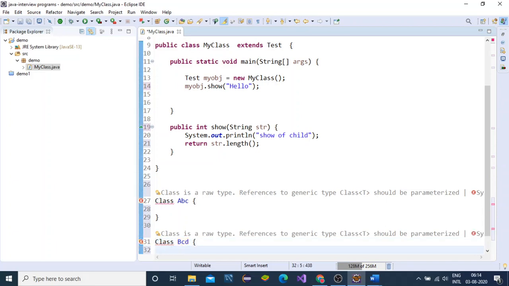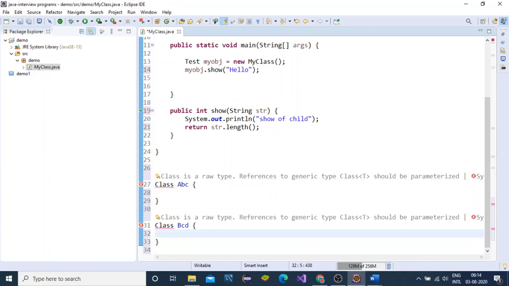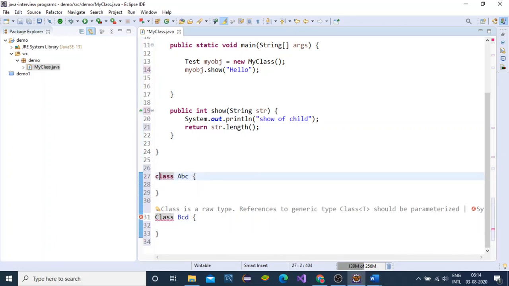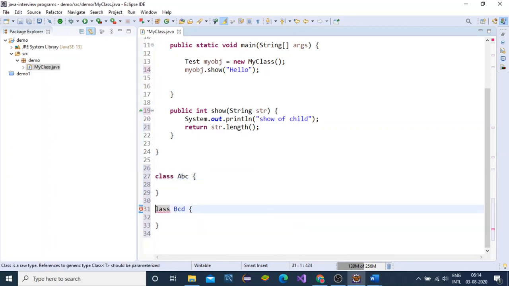You can write any name, it's not a big deal. I have created two classes here. Sorry, the c will be lowercase in class. Class ABC and class BCD.